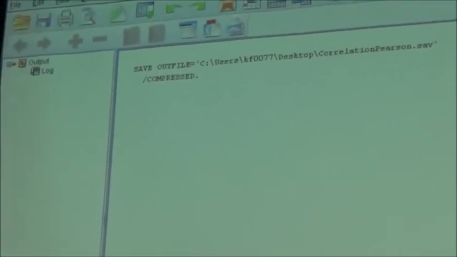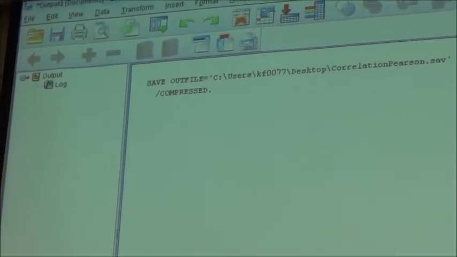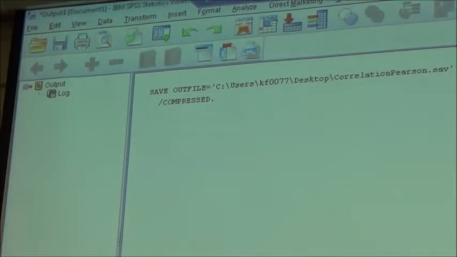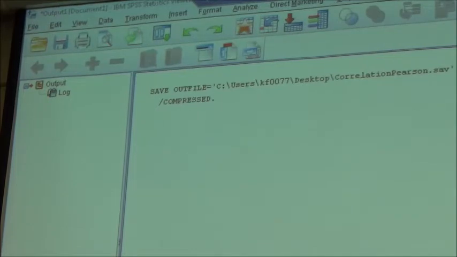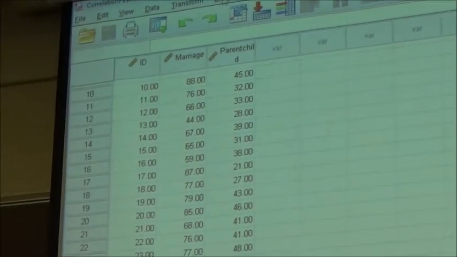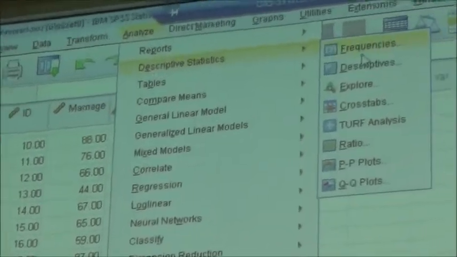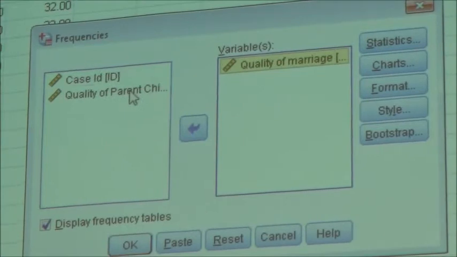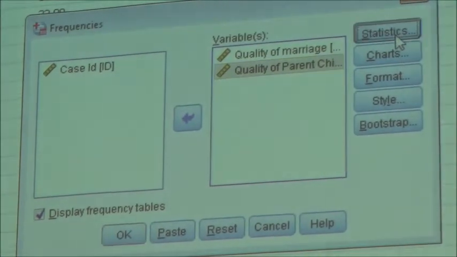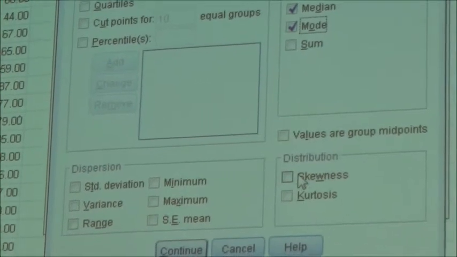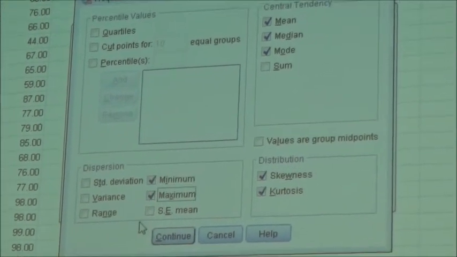So this is Pearson correlation. Let's go back to data. First go to analyze, frequencies, and then quality of marriage, quality of parent-child relationship, statistics: mean, median, mode, skewness, kurtosis, and all dispersion.